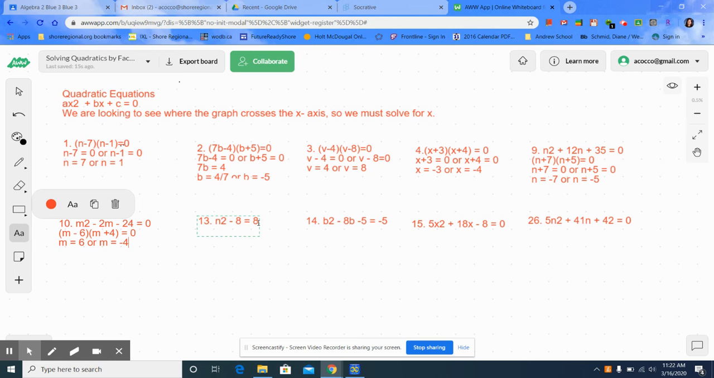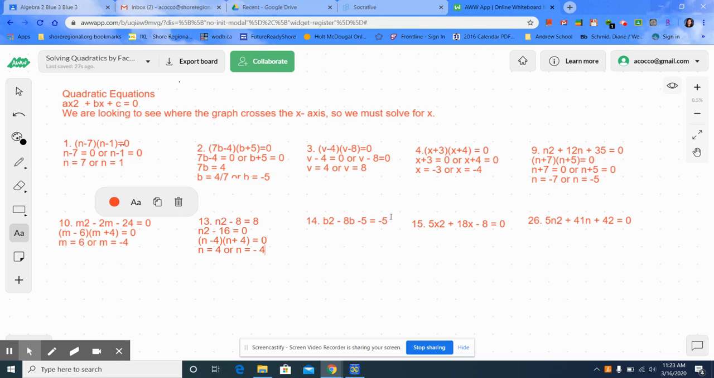For this one, it's the first time we've seen it where it wasn't set equal to 0 to start. So we're going to have to subtract the 8 from the right-hand side, get everything on the left-hand side. So when we subtract 8, we'll get n squared minus 16. Go through your steps. Is there a GCF? No. Is it a DOTS? Yes. So n minus 4, n plus 4 equals 0. So n equals 4 or n equals